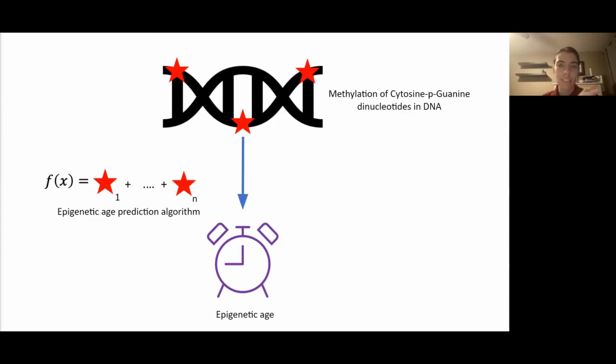So this is when you have a cytosine and then a phosphate linkage to a guanine base. In general, epigenetic clocks are developed using penalized linear regression and consist of a list of age-informative CpG sites together with a mathematical algorithm. The difference between the predicted epigenetic age and the reported chronological age has been shown to have good predictive power, especially when predicting outcomes such as mortality or the risk of developing various diseases from asthma